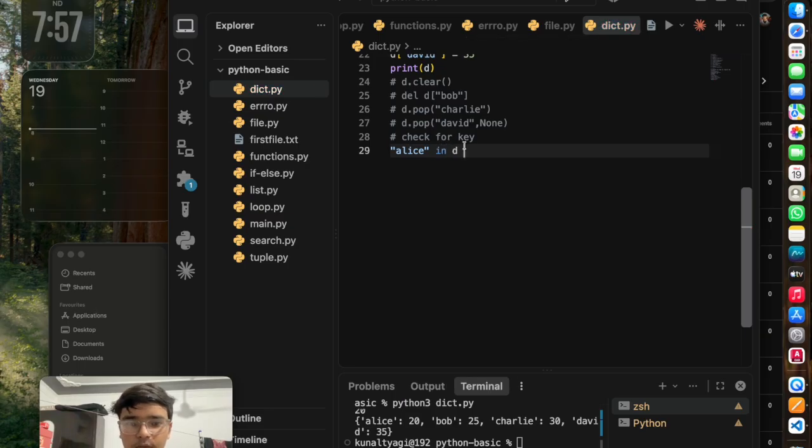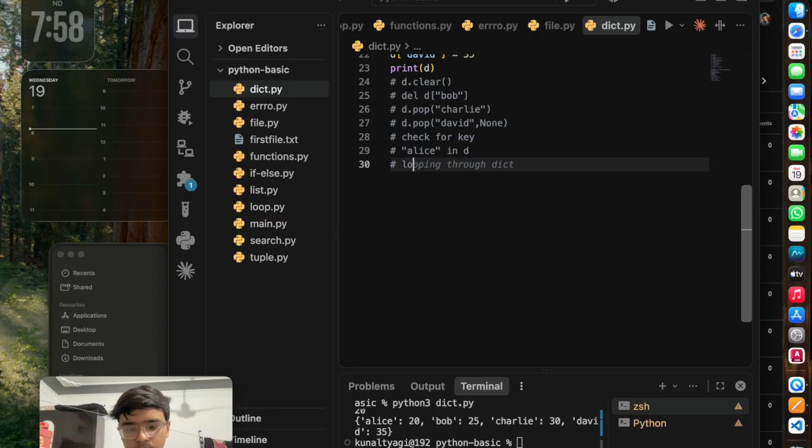That's all you need to write. Remember how we have done the same thing with list when we use not in and in keyword. In dictionary it is pretty much similar. So there is no need to worry about it.